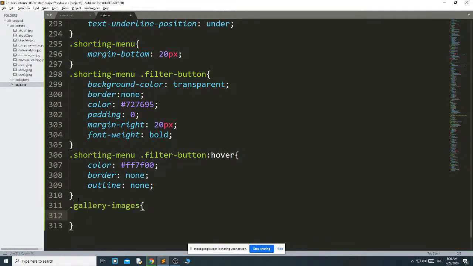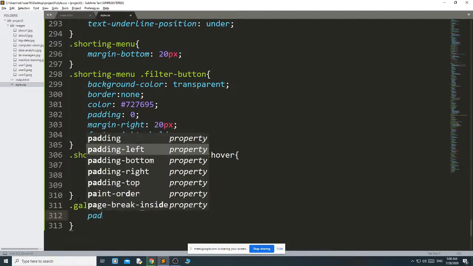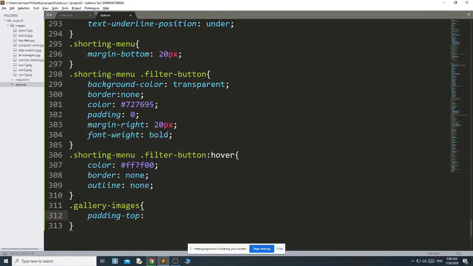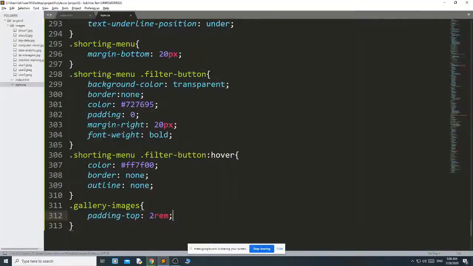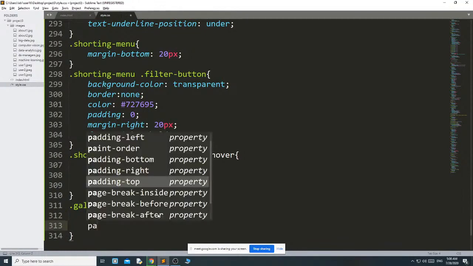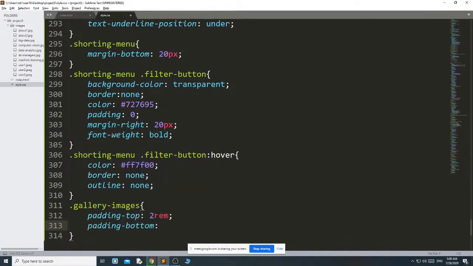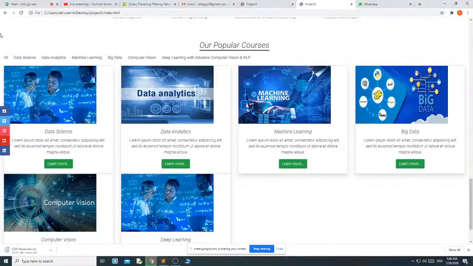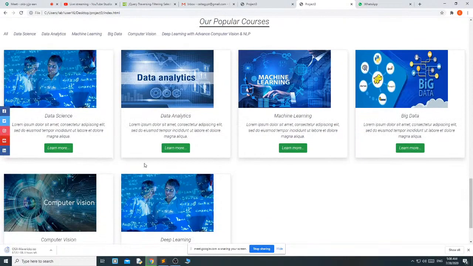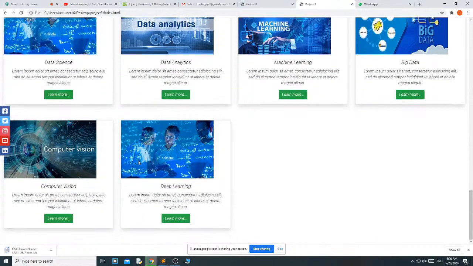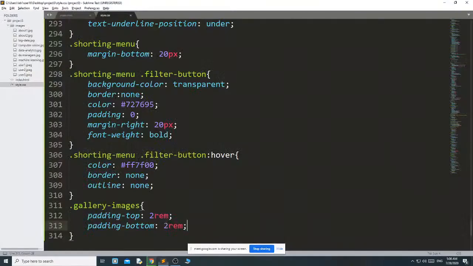Then what I want simply is padding top 2 rem. See, you can see that there is no padding. Okay, and I am using padding bottom 2 rem. See, you can see the padding. Before that there was no padding, now it has added the padding.